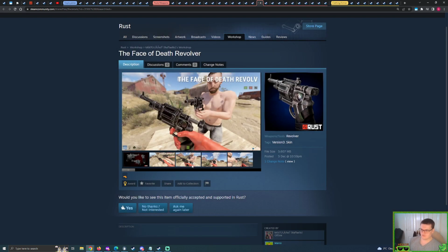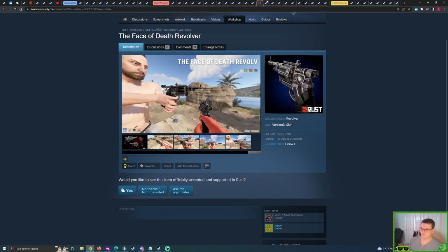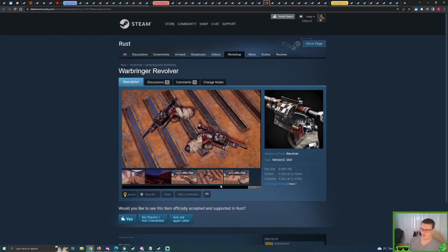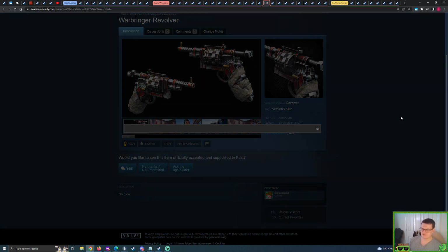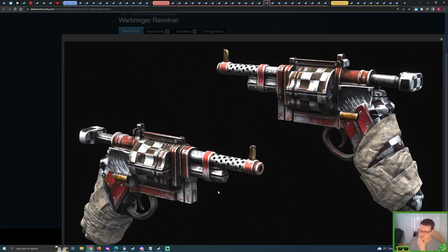Now, you're not the only person that made a revolver skin this week, because what we also have here is the Warbringer revolver, made by Mr. Kelmo Legend. Let's get a good look at this. It is like an exhaust or a... what do you call this? It's the